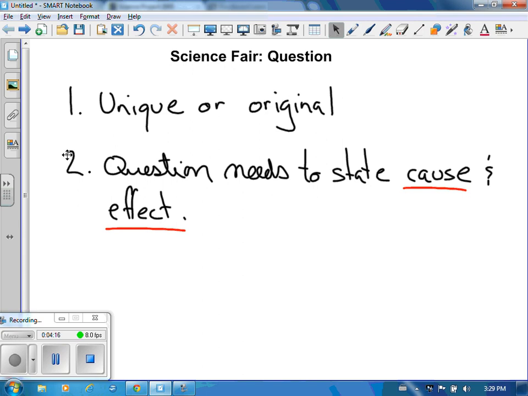The cause is something that you're going to change. If you're looking at the football helmet example, right?